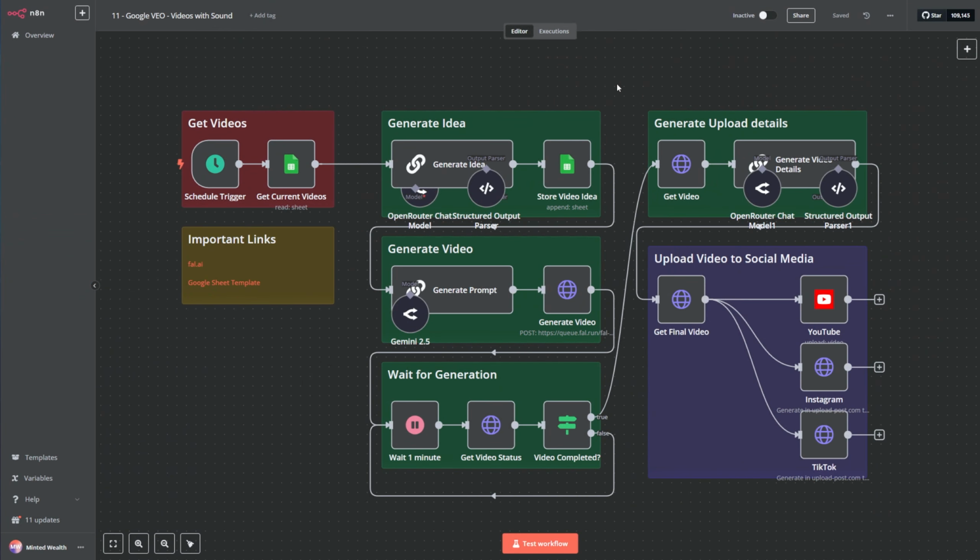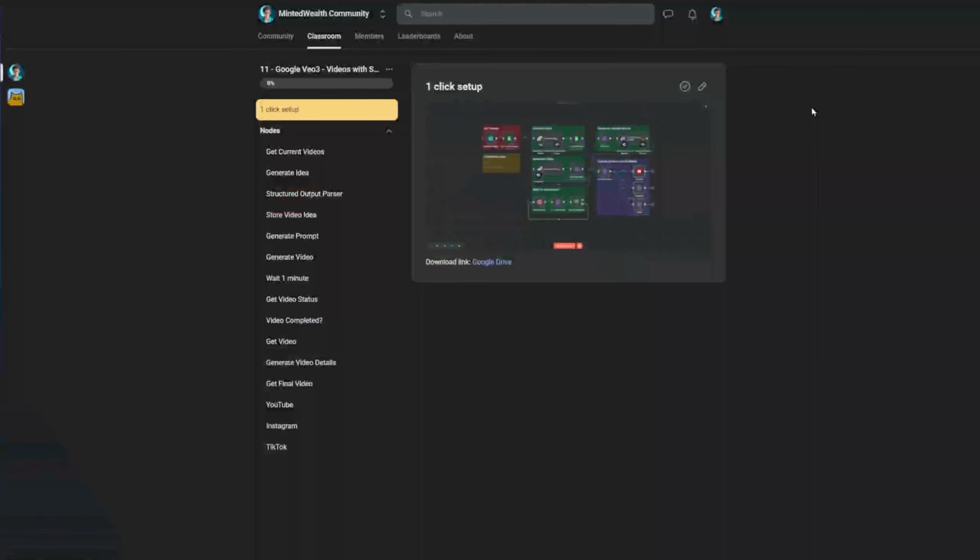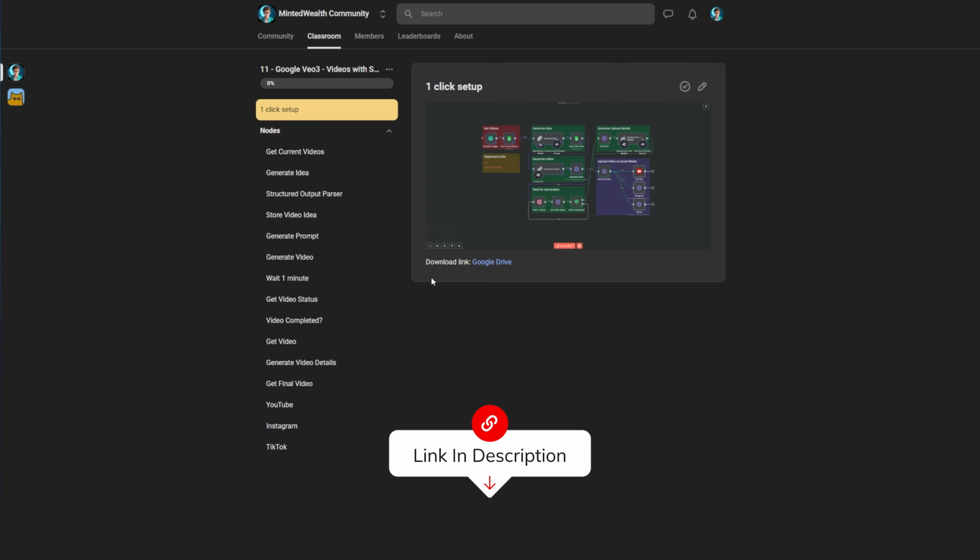I'll walk you through how to automate the entire process using AI and no code tools. And the best part is that you can download the full workflow from the community and have it working with just one click. Just go to the classroom, then go to the download link, click on it, and it will open a page just like this. Then click on download,